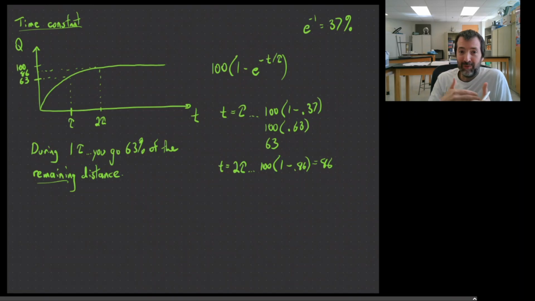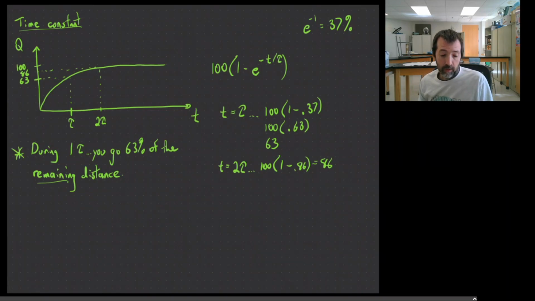If you go 63% of the way, which means 37% is left, it makes it a lot harder to do the simple mental calculations. But this rule of thumb that I've written here, that you go 63% of the remaining distance,